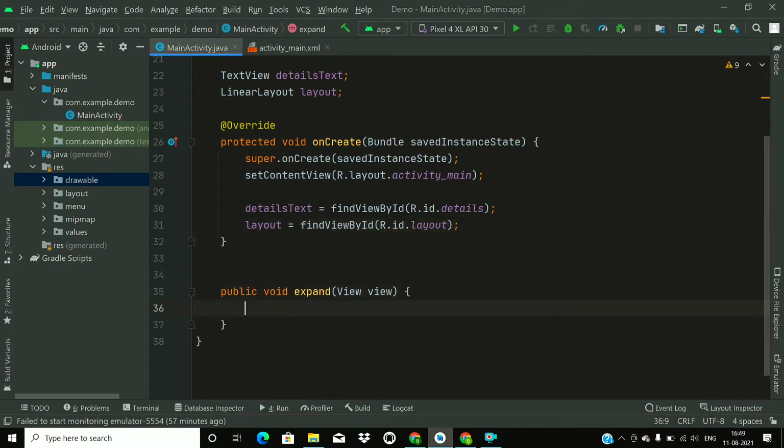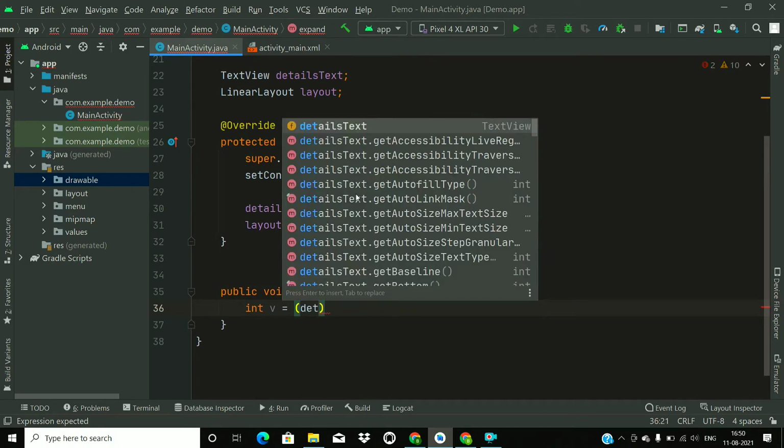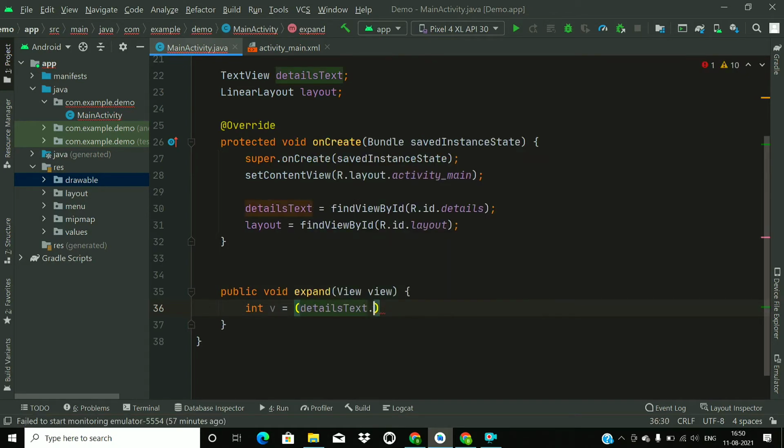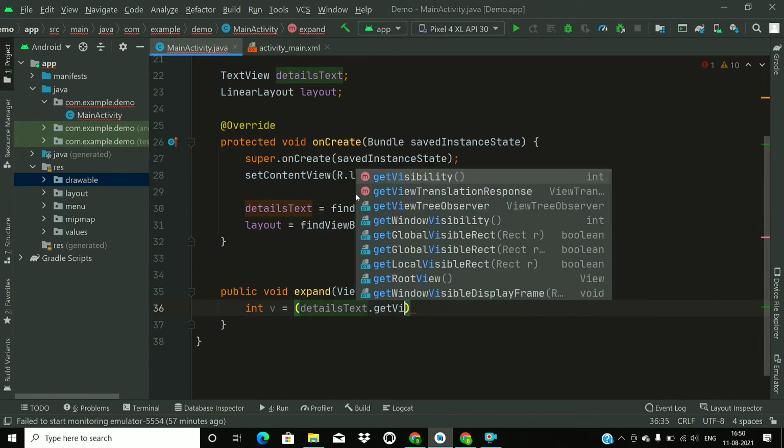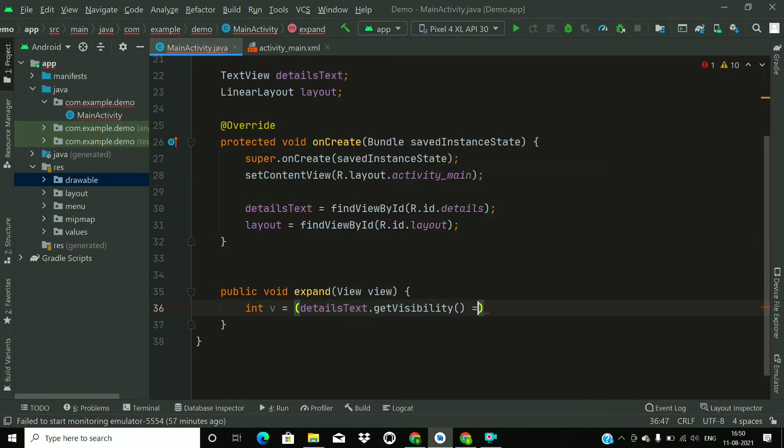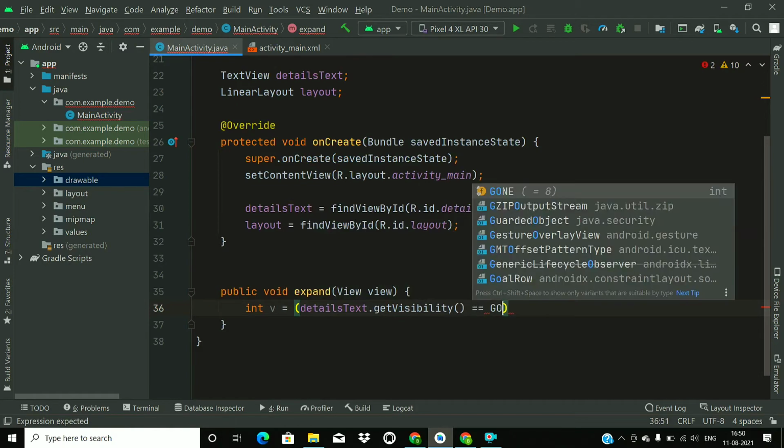Now just go to the expand method, and we create an int variable, so int v, and we will give it a conditional assignment. So first we will give a condition, so detailedText.getVisibility equal to gone.